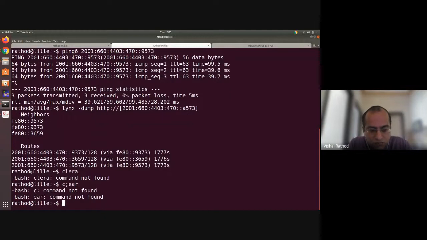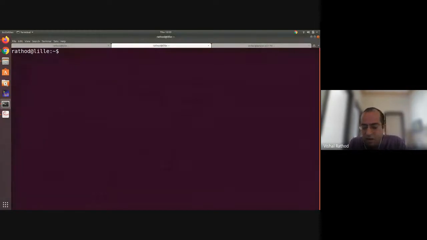Now we will see we are using the client. Which client? Python client, the AIOCoAP Python client, to access the resources. First, I will use the AIOCoAP client with one of the node servers, right?